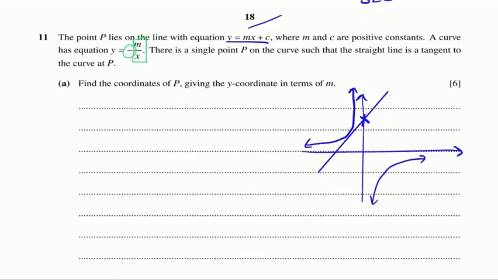There's a single point P on the curve that the straight line is tangent to the curve. Okay, so this is going to be point P. How do I know it's going to hit that one? Because if it was here, my y-intercept would be negative. Okay, that's why we know it's not